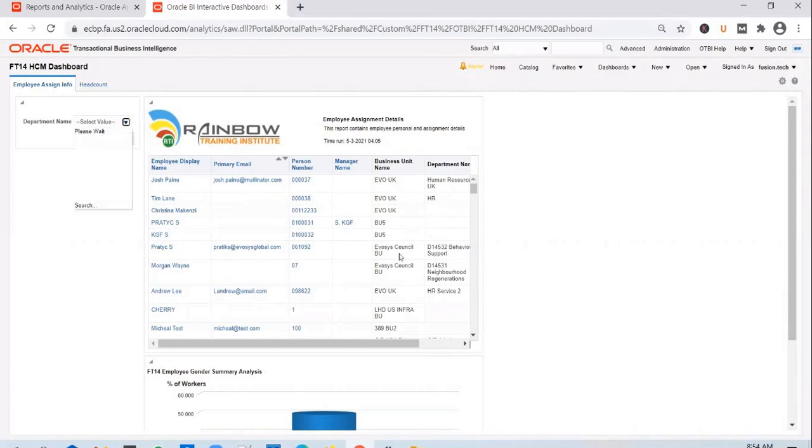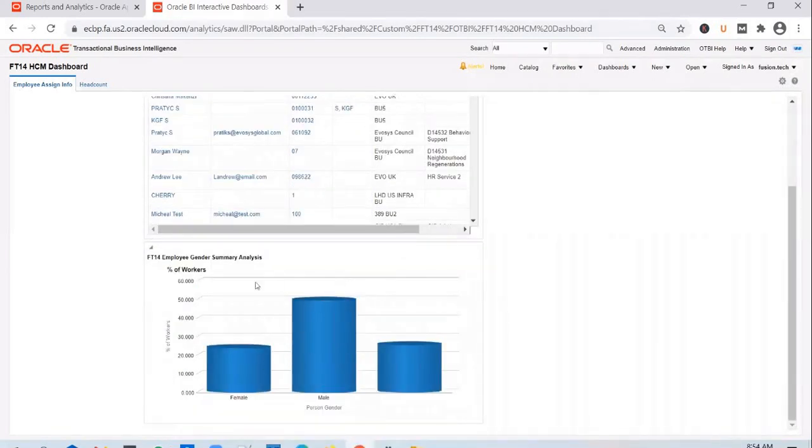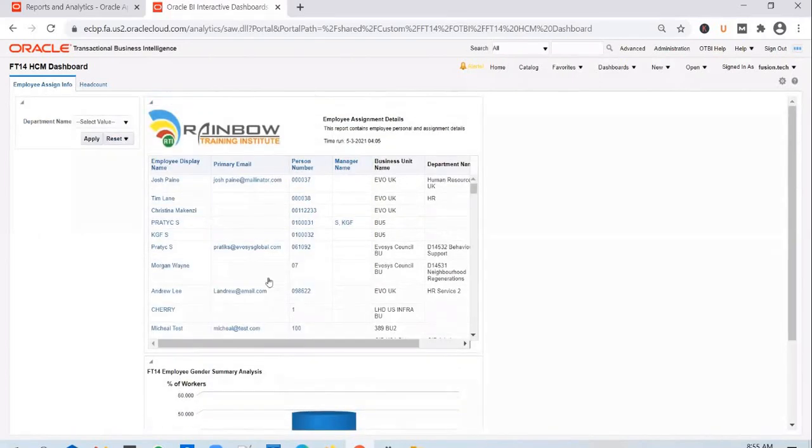Okay, so that's why if you change the prompt here, you notice that this is getting executed again, but not this one. That's because on this one, we didn't put any prompt. So that's why this is not getting executed. So if you put a department name as a prompt on this as well, then the moment you change the department name, these reports' output will change.